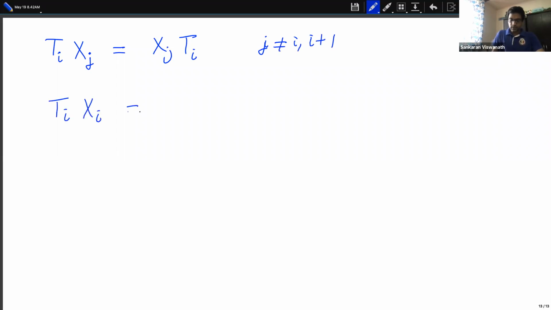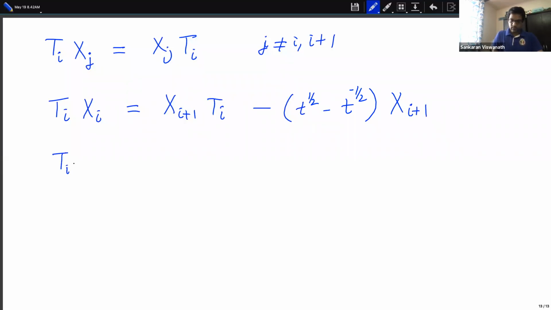If this is xi, then when you interchange them, xi becomes xi plus 1. So let me quickly write these relations out. I just want to make a couple of points about this. And when you hit Ti with xi plus 1, you get xi Ti plus